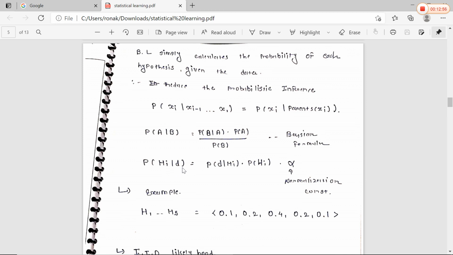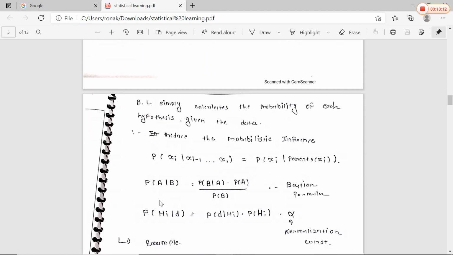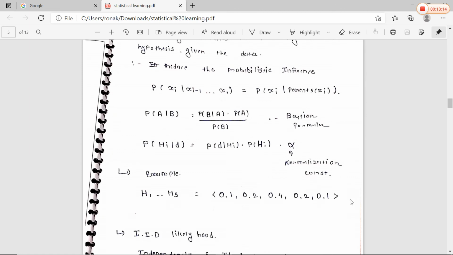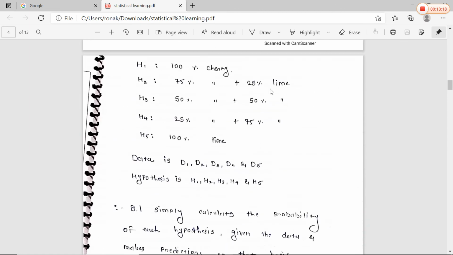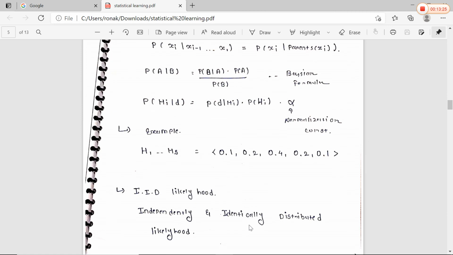So this one is our basic formula to identify the statistical learning method and hypothesis value for the given data, probability of hypothesis for the given data। So this one is the example of 0.1, 0.2, 0.4, 0.2 and 0.1। This one is the value of this। Okay, H1 value is 100, H5 value is 100, so here our probability is 0.0, 0.1 and 0.1। If we have a 0.2, that means 0.2, 0.5 and 0.2। So this one is the example of the